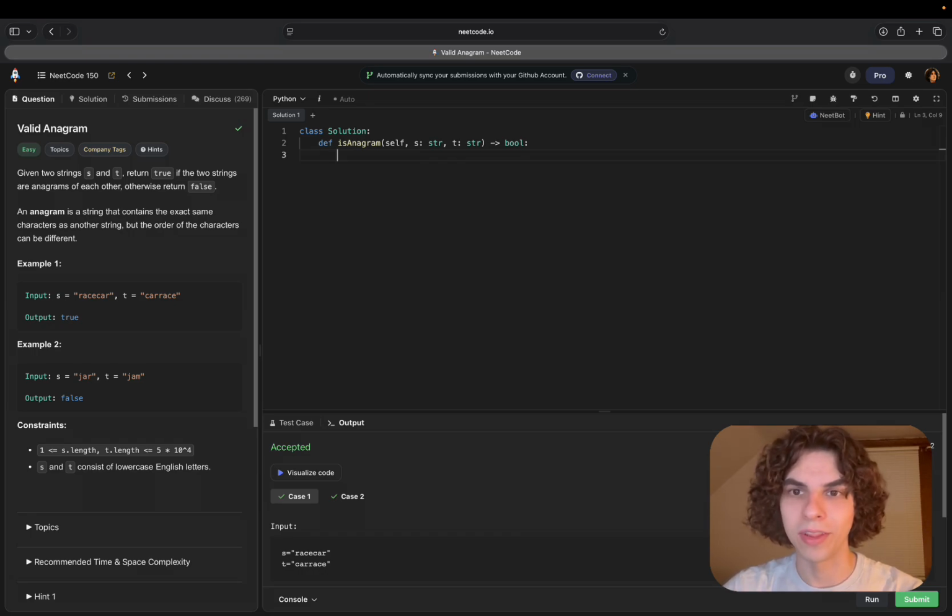So it's time to implement the solution. We'll begin with the first optimization, and what we'll be doing is comparing the length of the strings against one another. And if they don't have the same length, we can immediately rule out that they can't be anagrams, so we'll return false. Then we'll create an array of 26 zeros, and this is what we'll store our character